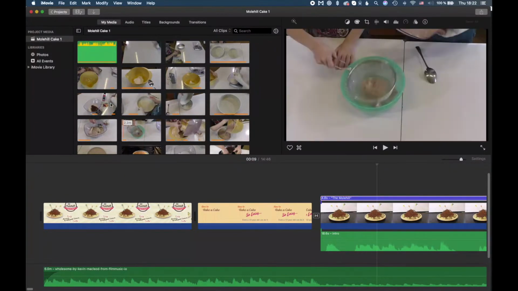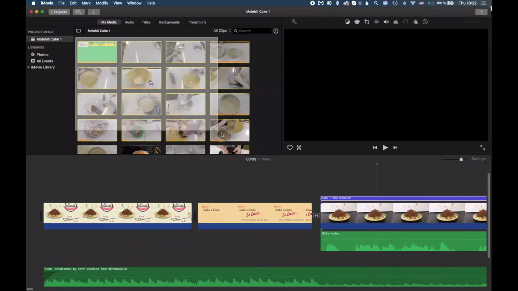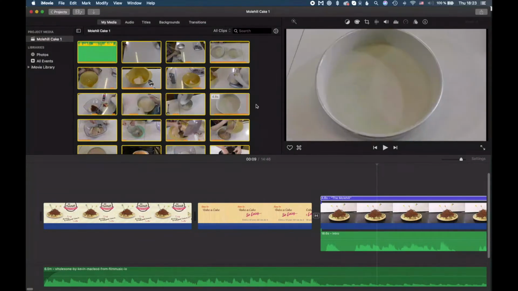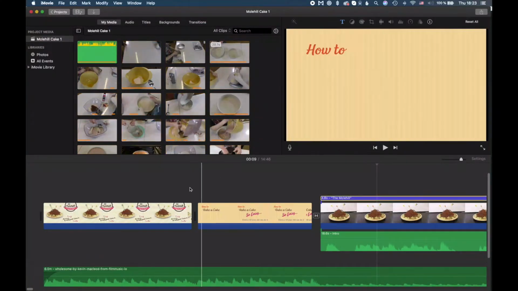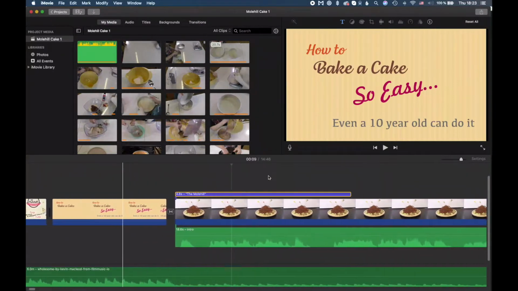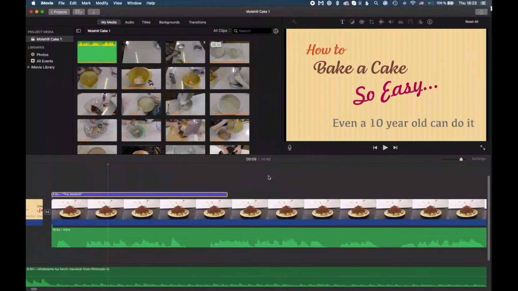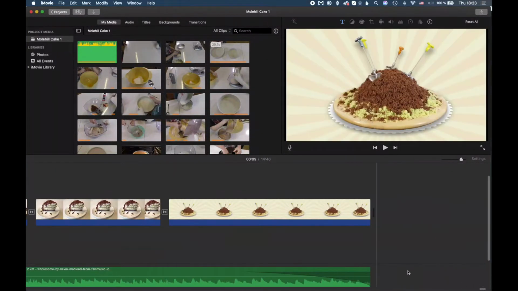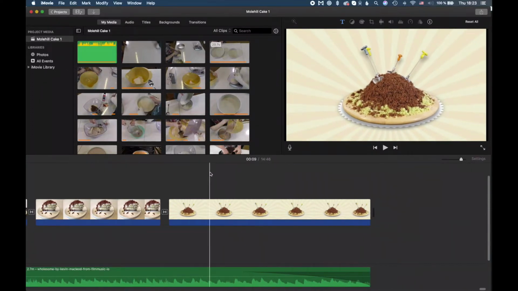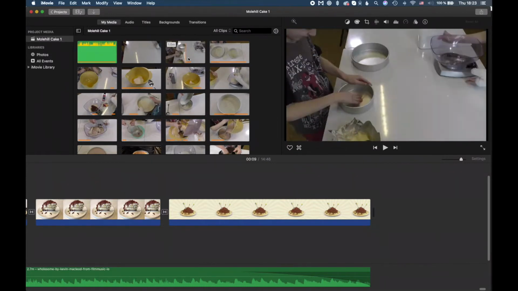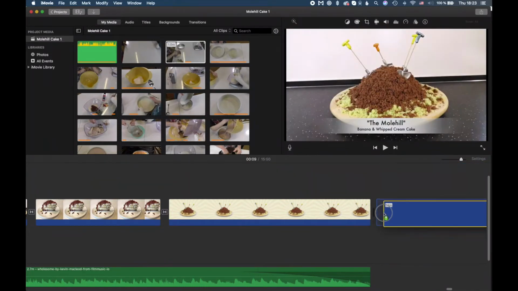So basically what I have here is in this area on the left hand side, I've got all my media that I've recorded with the camera, and at the bottom I have my timeline, and you can see that you can just drag media into your timeline. So if I go all the way to the end, so I don't mess my project up, I can select the media that I want. I'll just drag it onto the timeline,